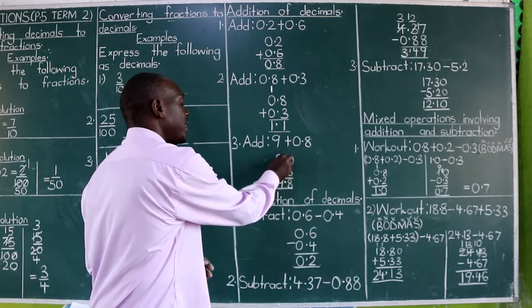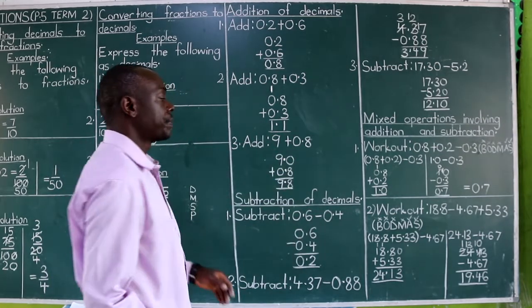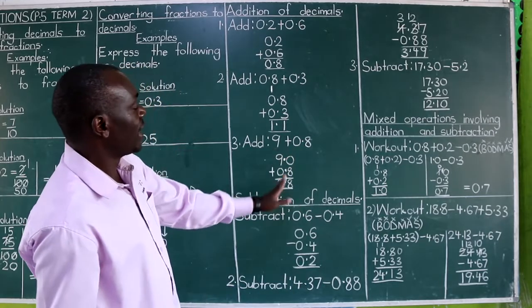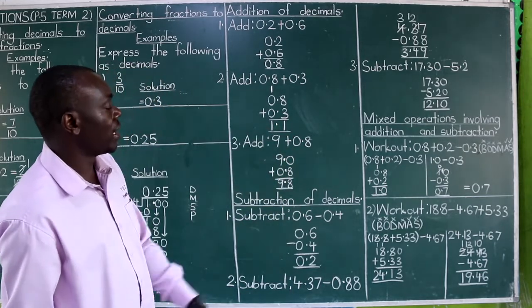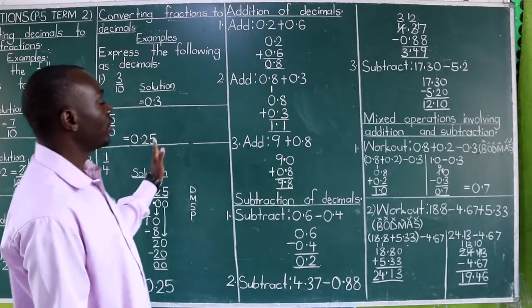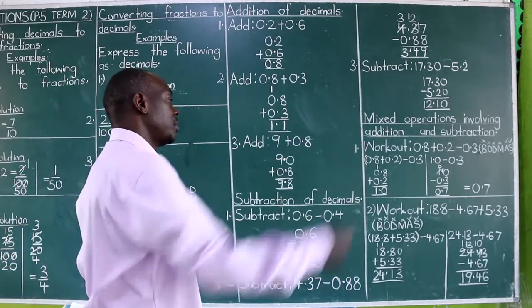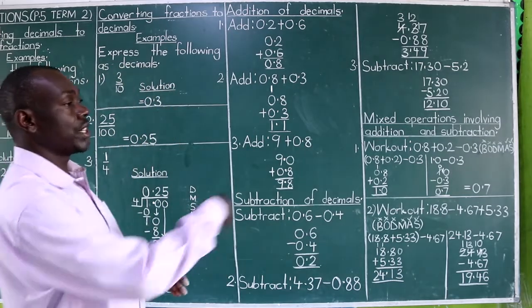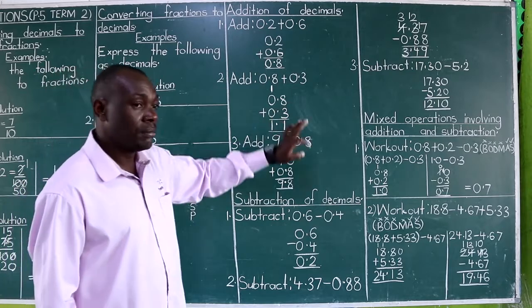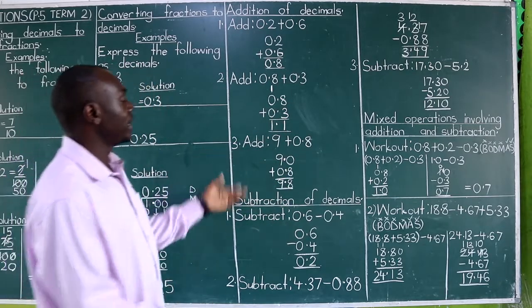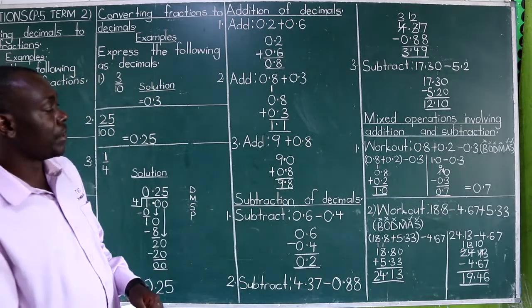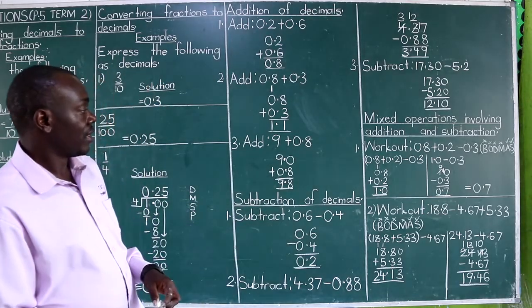So remember our points over here. So for the 8 to have a corresponding number, we put the nothing, which is called a 0, above it. So that we've got 9.0 plus 0.8. Then ensure 9 is on the whole number section, not the decimal section. It should be written before the point, not after the point. Be careful. So 9.0 plus 0.8. And now we add normally: 0 plus 8 is 8, and 9 plus 0 is 9. Thereby getting 9.8, and that is the way.